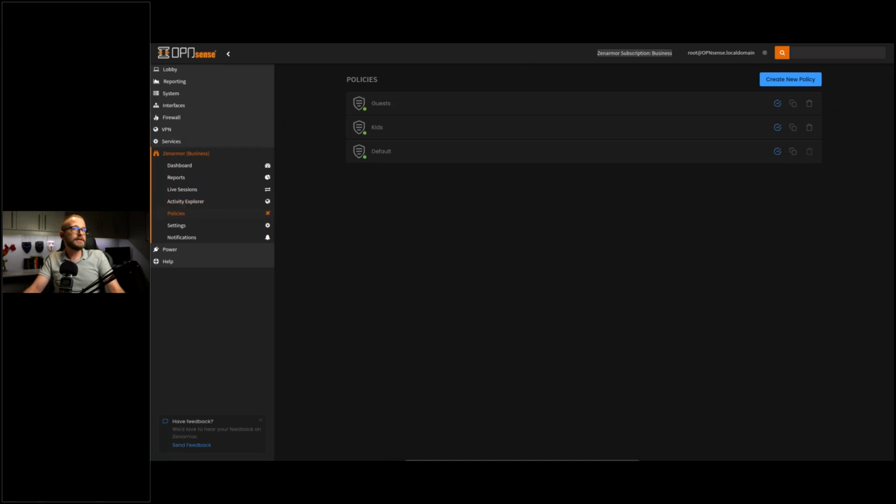So this is basically the meat of ZenArmor, where we will configure all the functionality as far as policies are concerned. With policies, you set these up in a stack like I have over here. You will always have a default policy with your ZenArmor firewall, and then all your custom policies will always fall above this. The way ZenArmor filters this is from top to bottom. So if you have a particular policy set up, in this case, I have set up one for the demo, I've called it guests, and then I also have kids and the default.